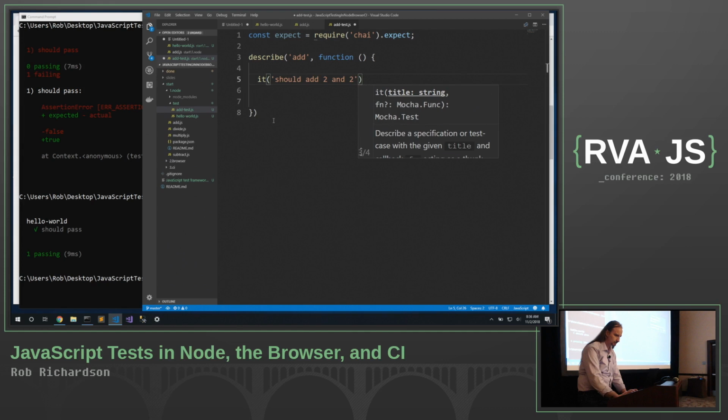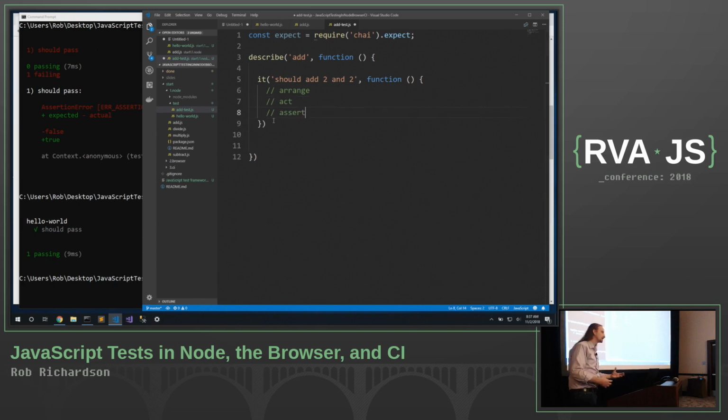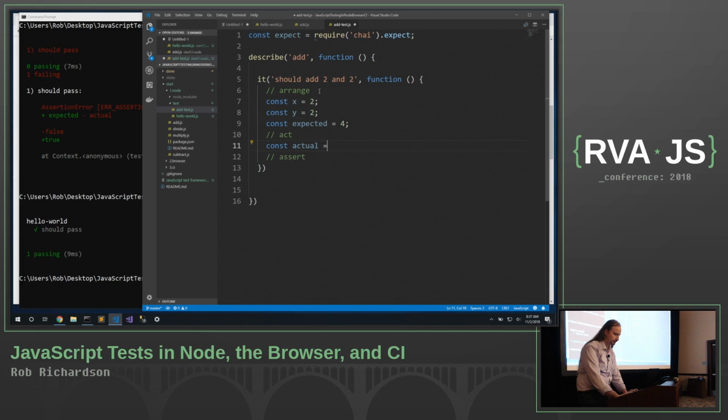So arrange, act, assert. This arrange, act, assert pattern allows us to clearly identify the steps where we're setting up the condition that needs to happen, and then we'll do that condition, and then we'll validate the results. So I want to say const x equals 2, const y equals 2, const expected equals 4. I'm going to act. I'm going to say const actual equals add x and y, and we will assert